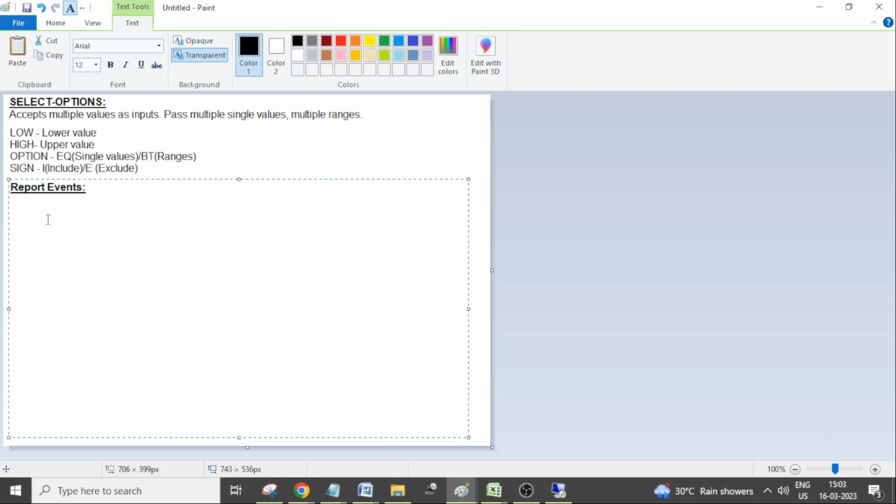So today we'll see report events. In yesterday's programs, we have used report events. In this session, we'll work more on these events. So what are the events? What are the report events available? Initialization. Start of selection, at selection screen, start of selection,